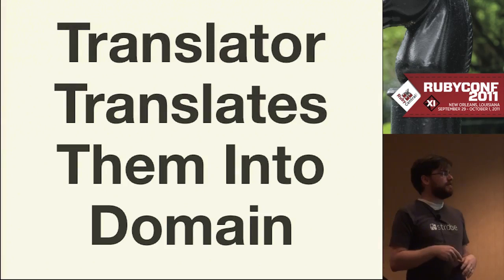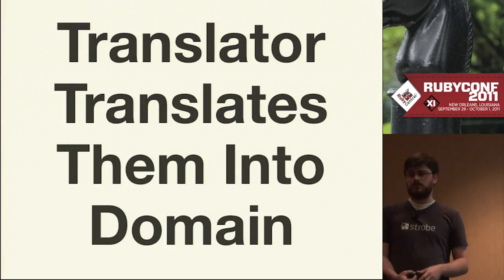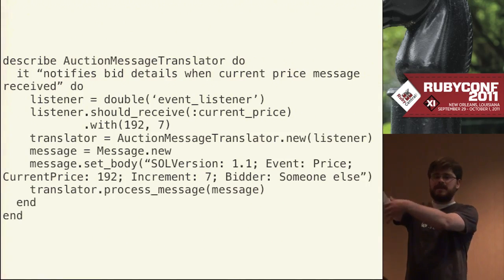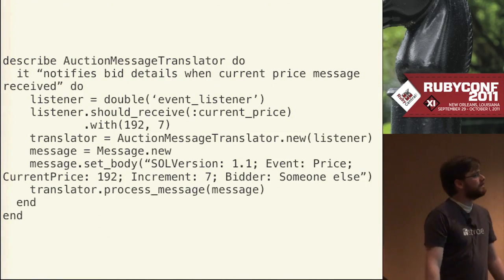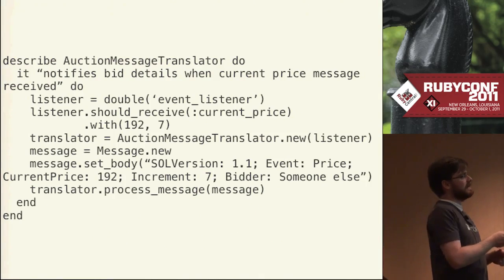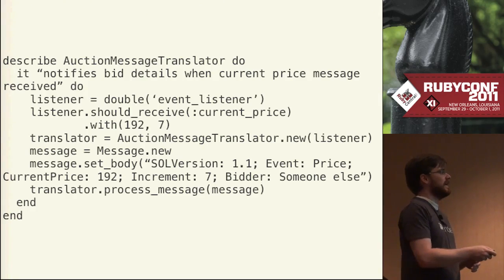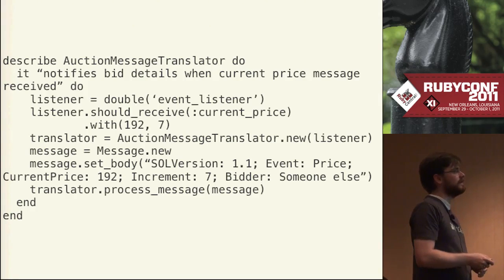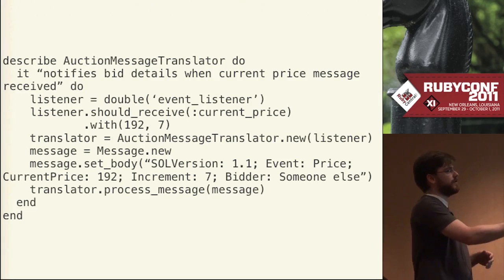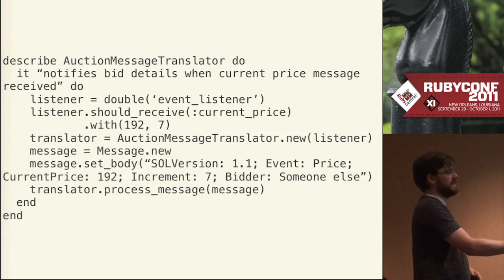That is, different types of messages come in, and the translator translates them into domain terms, into the way that it talks to the APIs internal to the system. And so this would look something like this. Describe auction message translator. It notifies bid details when a current price message is received. And it has a role of an event listener, and it says the listener should receive current price with 192 and 7. That 192 is coming from the current price, and the 7 is coming from the increment, how much